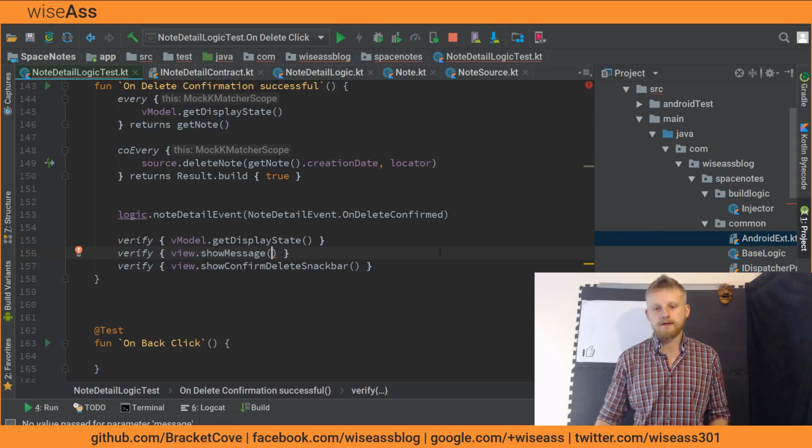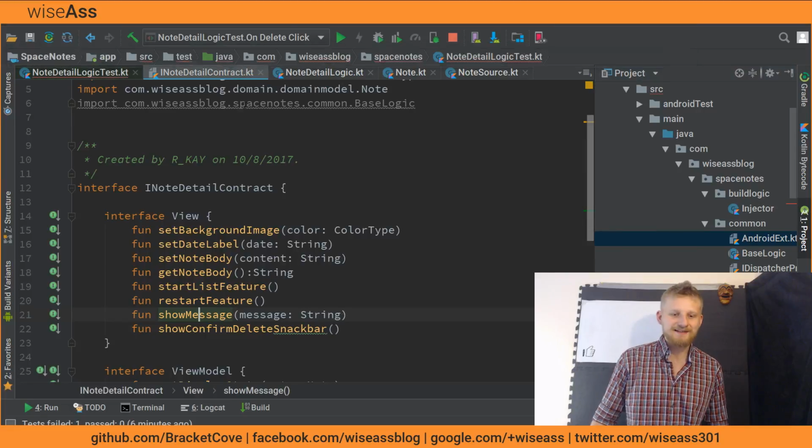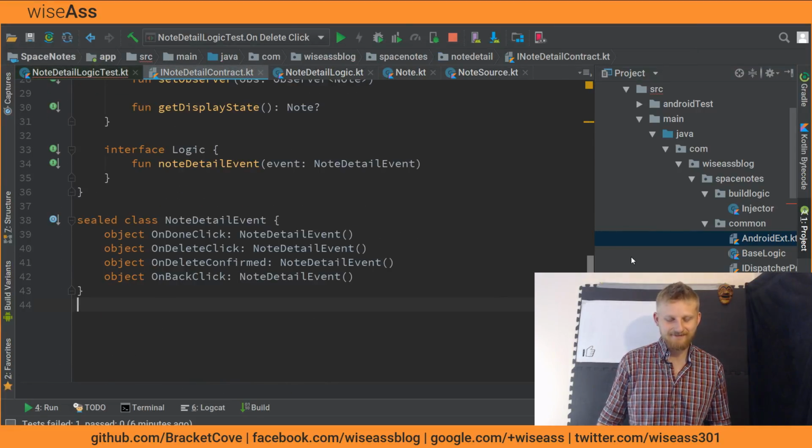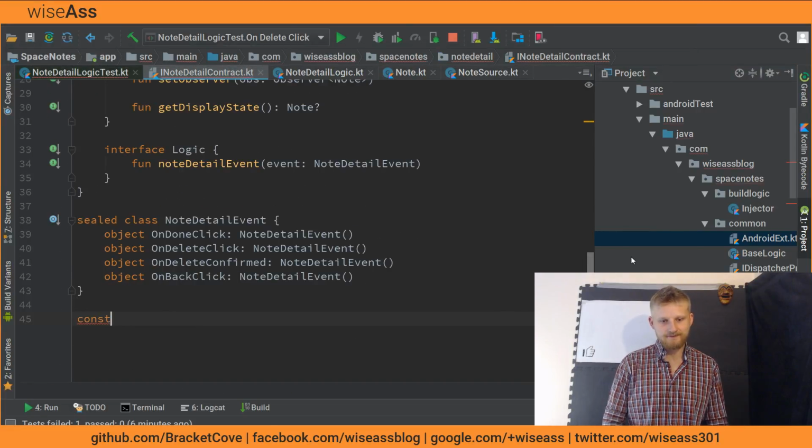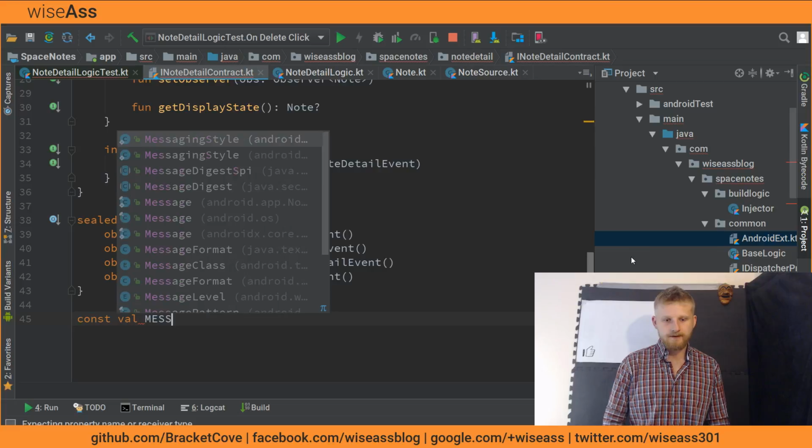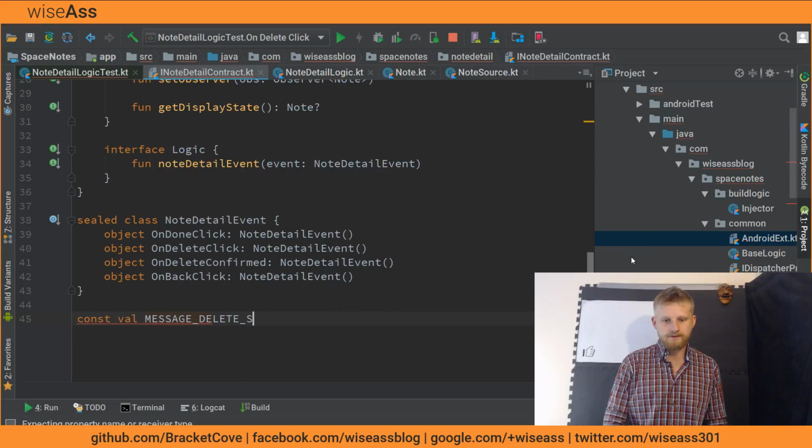I think I should put that message in the NoteDetailContract class. Const val MESSAGE_DELETE_SUCCESSFUL equals